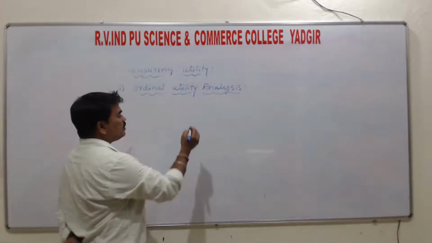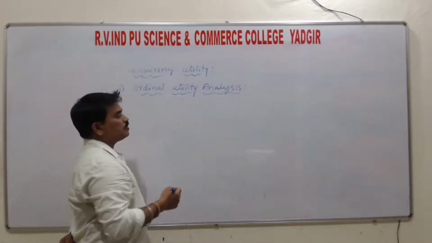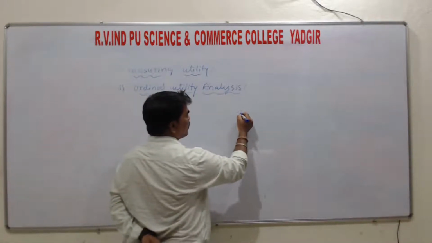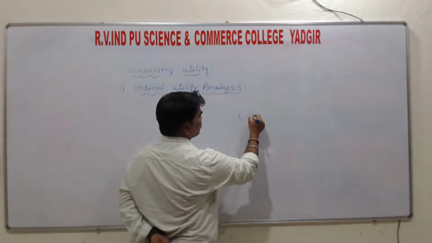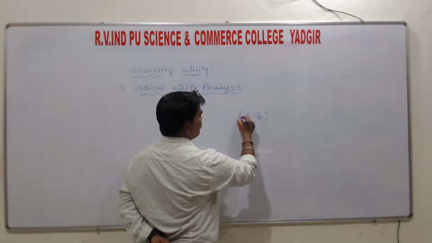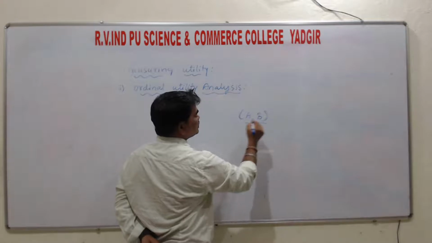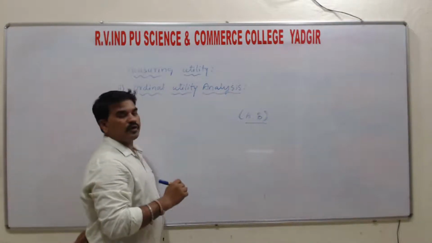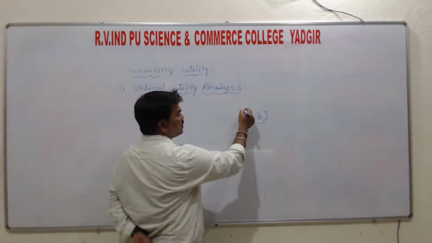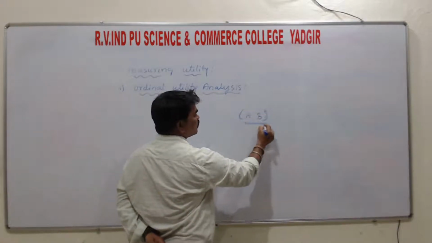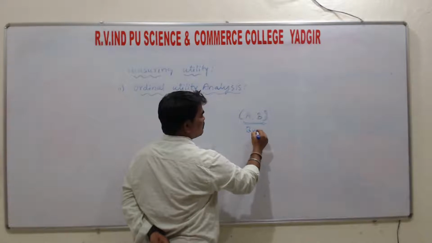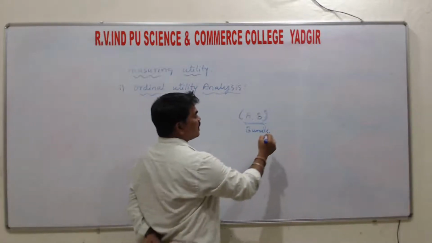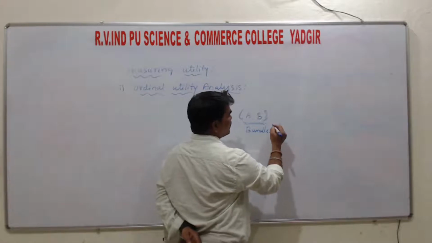Suppose, for our understanding and discussion, we have only two products in the market, A and B. What we call this is a consumption bundle. Consumption bundle means a combination of amounts of two goods. The combination of amounts of these two goods we'll call a consumption bundle. Correct? So we have one bundle, one combination here,